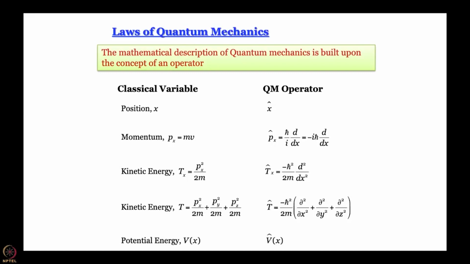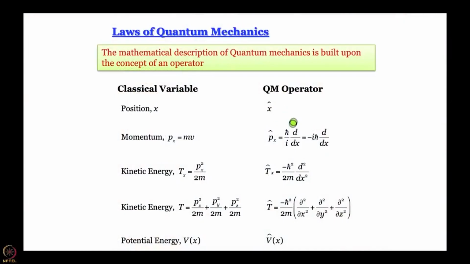Let us not forget once again that postulates cannot be derived. Postulates are beginning points. How do we propose these postulates? By looking around and seeing how nature manifests itself. What we have obtained so far is the Schrodinger equation, which is an eigenvalue equation. The total energy operator operates on the wave function to give us an eigenvalue equation in which energy turns out to be an eigenvalue. From this equation, it is extended further and these postulates are proposed.